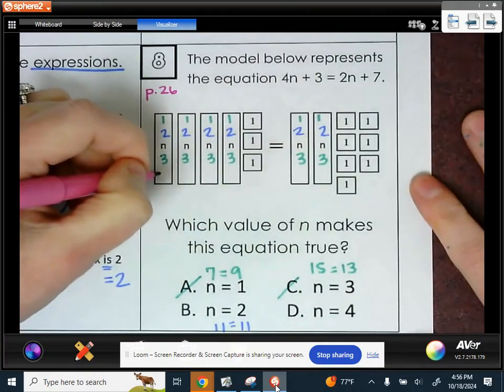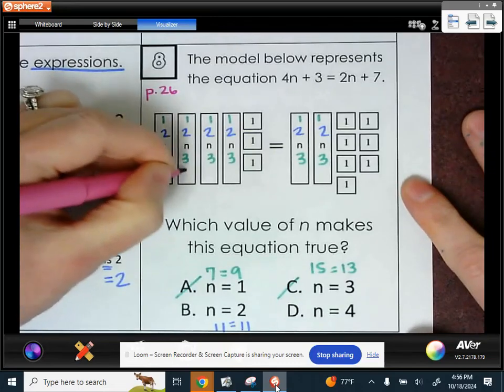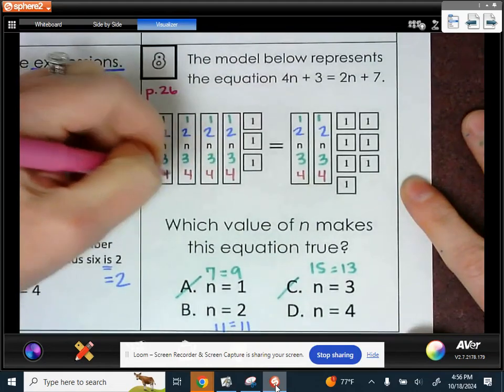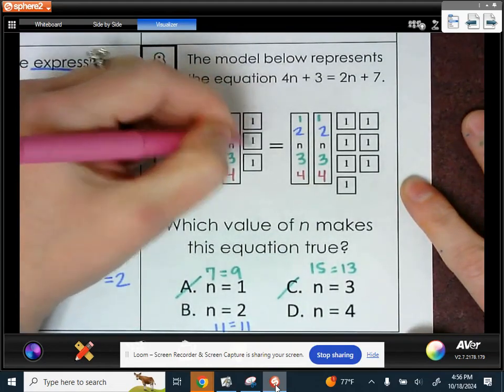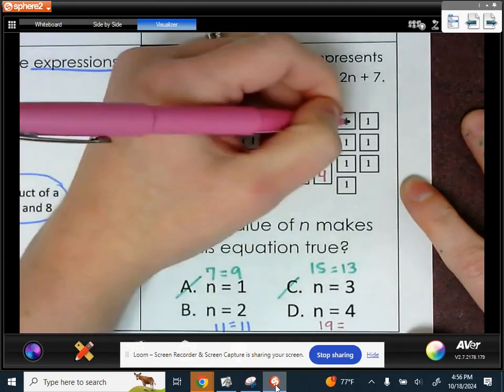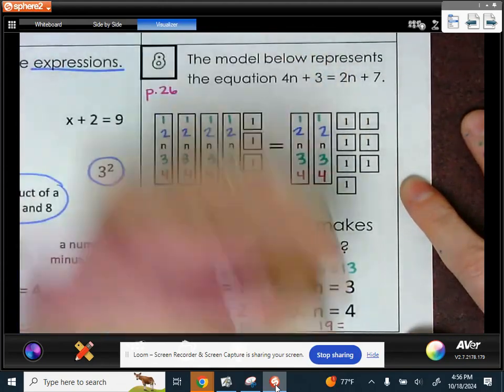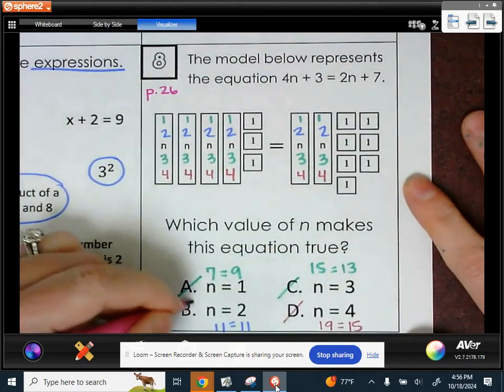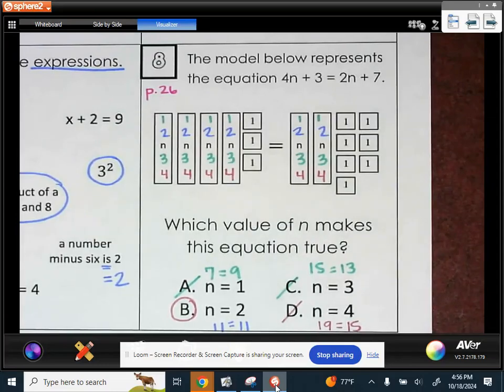And then the last one says that n equals 4. So if all of these were 4s, let's see what would happen. 4, 8, 12, 16, 17, 18, 19 on the left-hand side. 4, 8, 9, 10, 11, 12, 13, 14, 15 on this side. And 19 and 15 are not equal. So the only one that gave us two equivalent expressions was answer choice